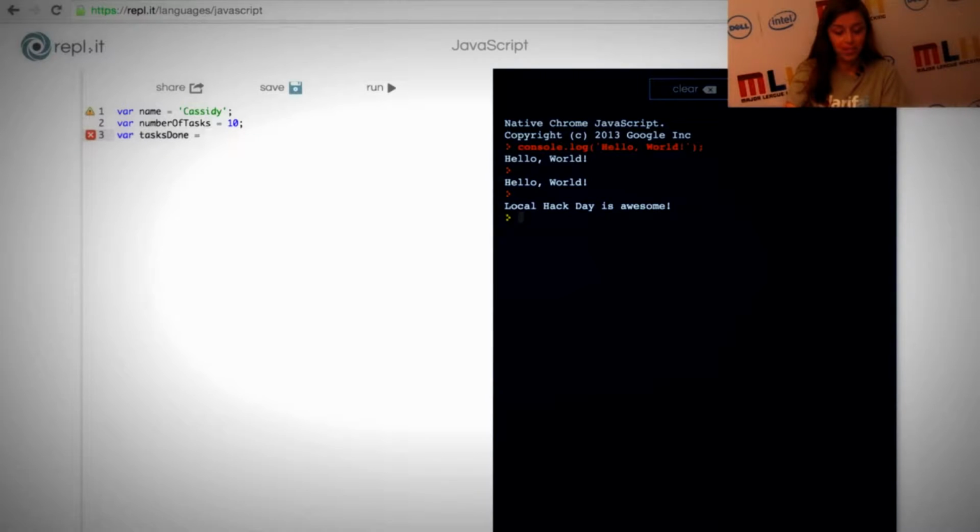And I'm going to do that as 5 because I finished 5 tasks, let's just say. Then what I want to do is print out saying that whoever this name is, in this case Cassidy, has completed tasks done of number of tasks. So if I were to say